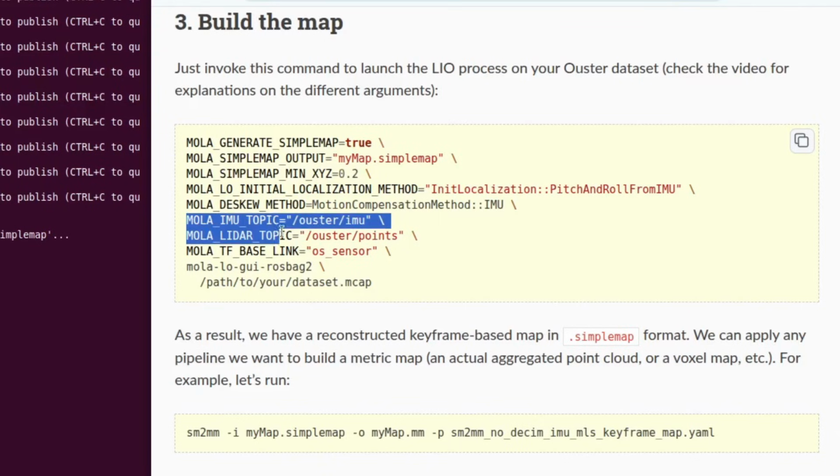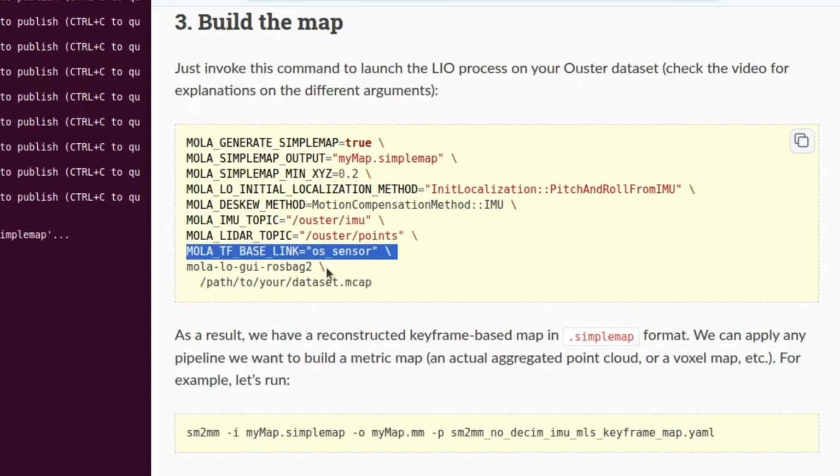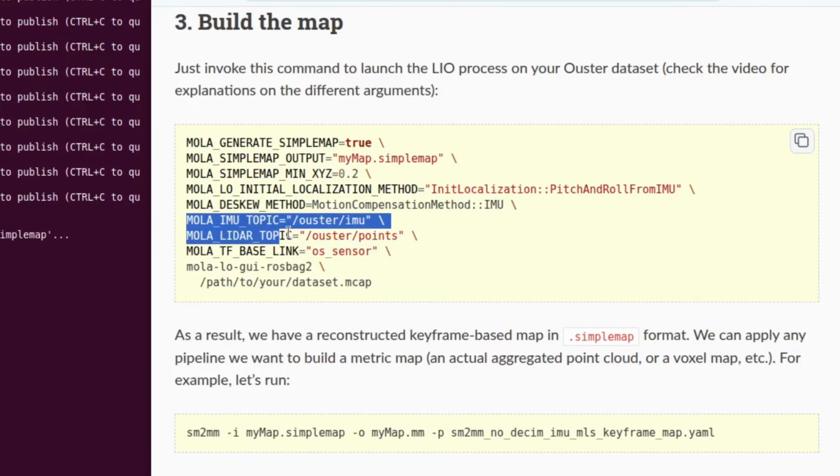And of course, you need to specify the names of the ROS topics, like the Ouster/IMU and Ouster/points, right? And if you remember from the former part of the video, we saw the TF frames. Normally, the base link TF would be called just base link or robot/base link if you are using namespaces. But here I am just using OS sensor because we don't have a robot. So we only have this TF and the TF for the other two sensors.